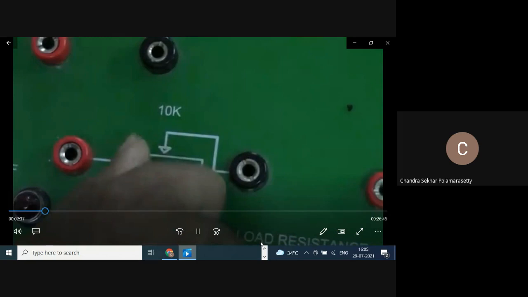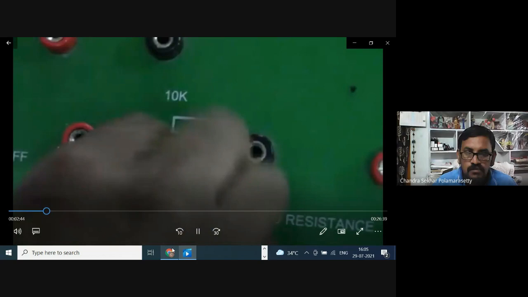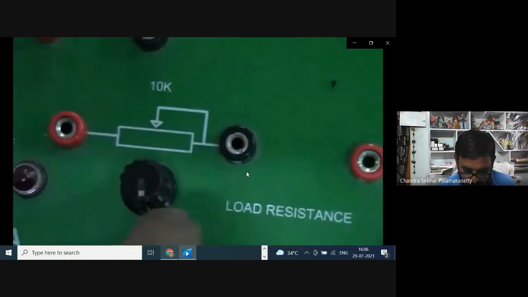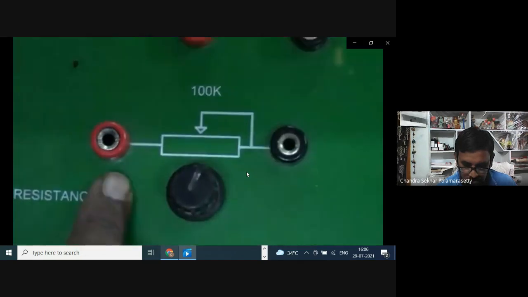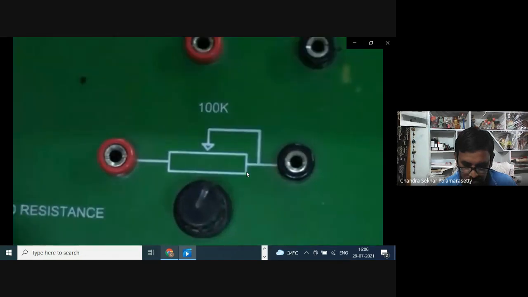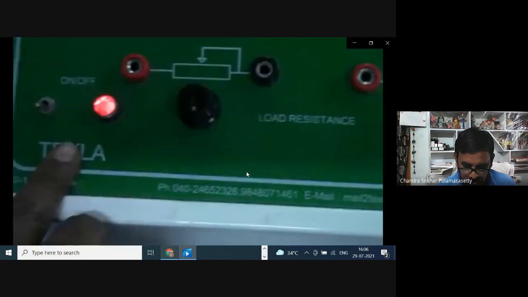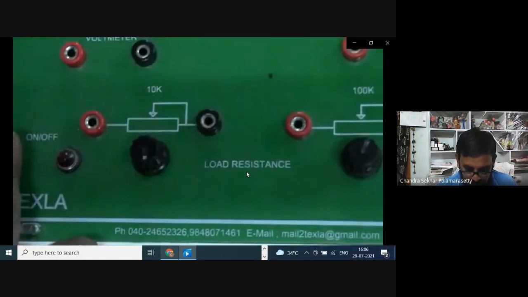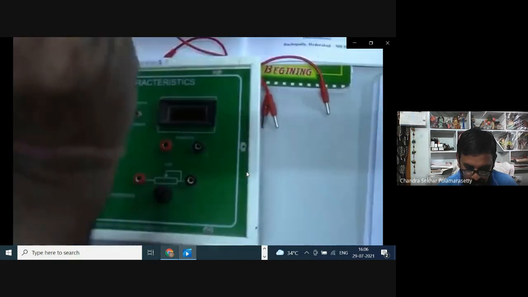Next, this is called an ammeter. This is actually a digital ammeter, which will display the current in digits. This is the ammeter positive terminal, and this is the ammeter negative terminal. This is the range switch. If the current is very small, you can place it in microamperes. If the current is in milliamperes, you can place it in milliamperes mode. In this experiment, we will get the voltage in volts and the current in milliamperes. So that's why I kept the meters in volts and milliamperes.